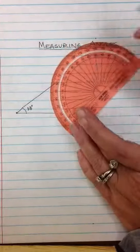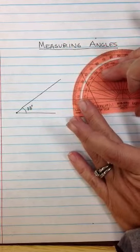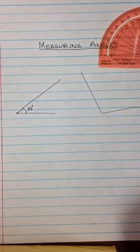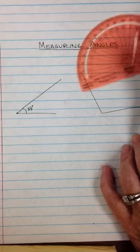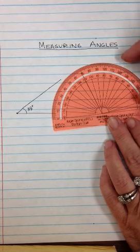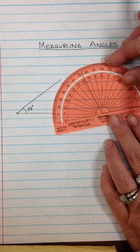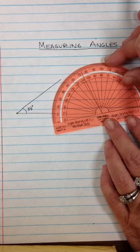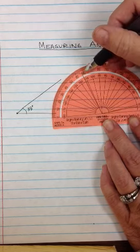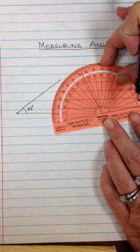Let's try another one that's a little bit different shaped. So I've got this direction and this direction. There we go. Alright, so again, I have to line the point directly up in the vertex, but I also have to make sure that this line, the 180 degree line, is lined up straight along that side. I move it over a little bit. Now if I didn't, watch up here. If I had this down low like this, the line would be past this 110 mark. If I move it up so that it is correctly placed,